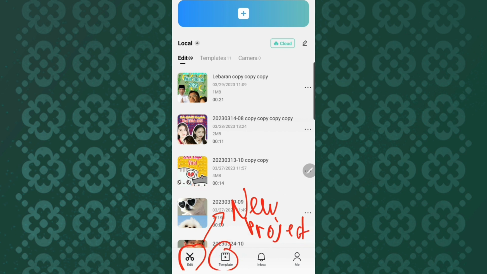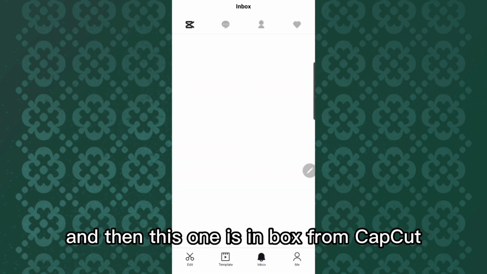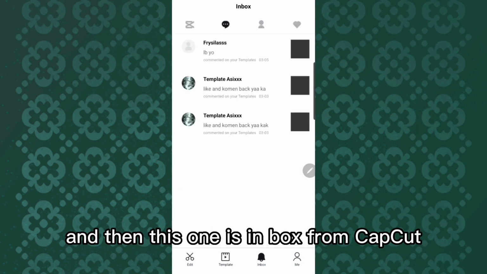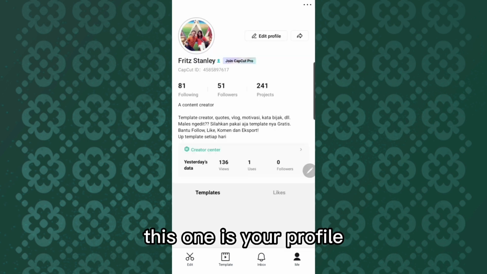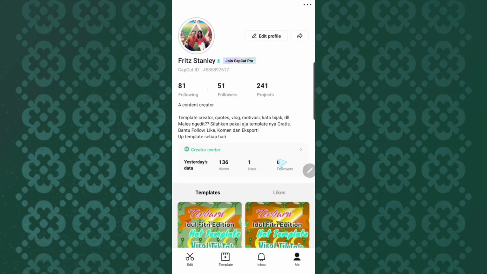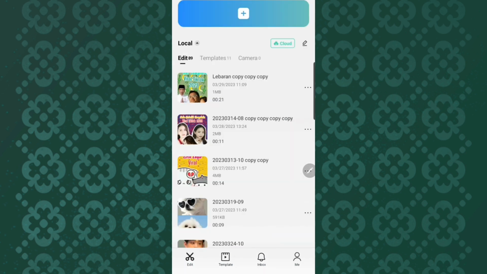Okay, next is if you want to use template from other, and then this one is inbox from CapCut. This one is your profile. Okay,